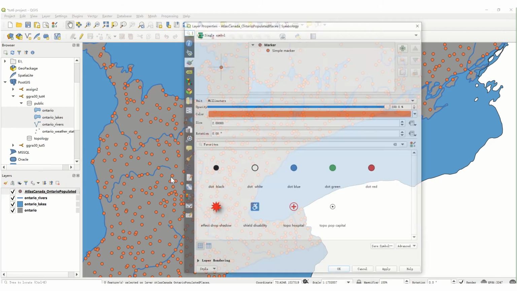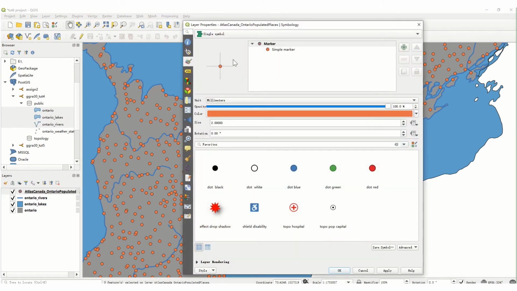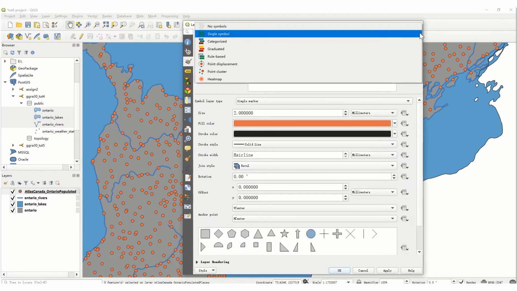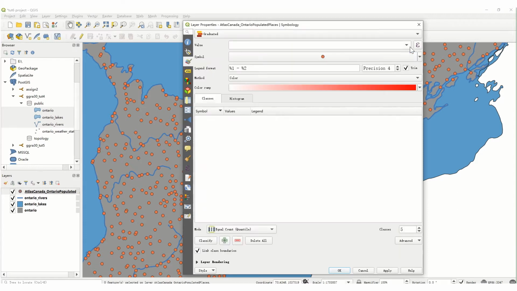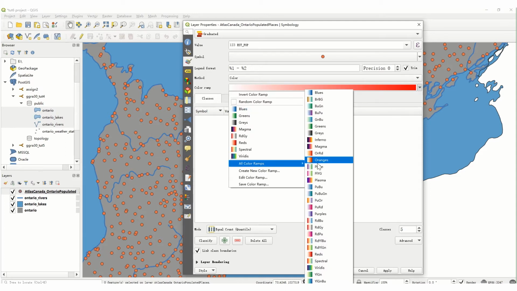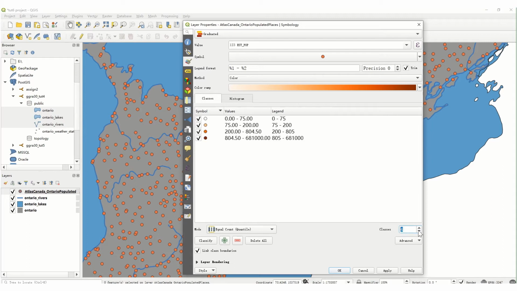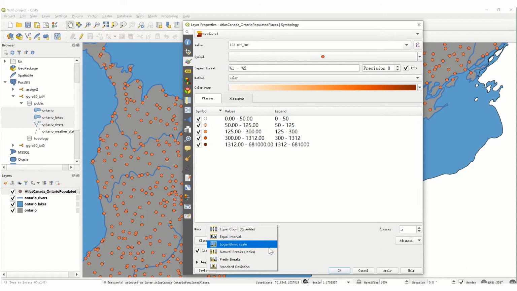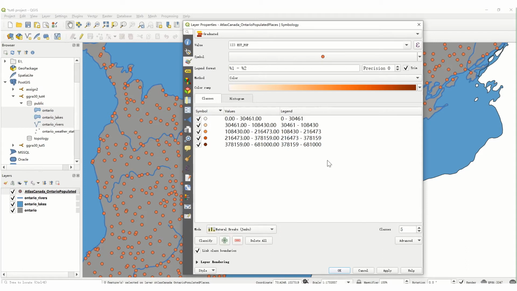Open the Symbology properties for the populated layer. Click on the drop menu showing symbol for graduated. Select Estimated Population and set precision to 0. Choose a color. I use orange and set the number of classes to 5 and use natural breaks. Click Classify